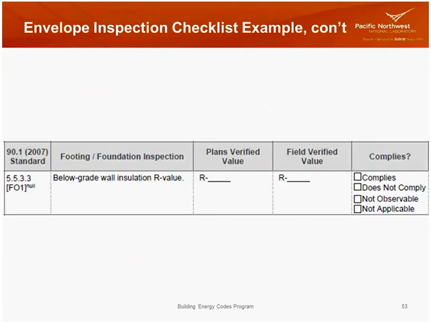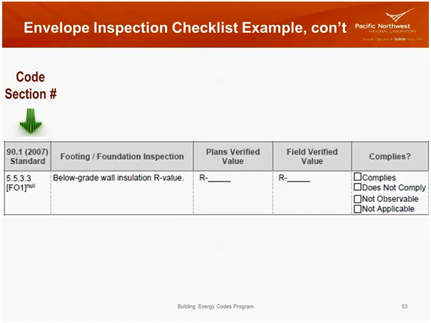So the first one is the code section. This one shows an example of ASHRAE 90.1 2007. And down below that, what does that 5.5.3.3 mean? That is the actual section in the code. The FO1 is an internal logging, but that 5.5.3.3 is a really nice, helpful resource